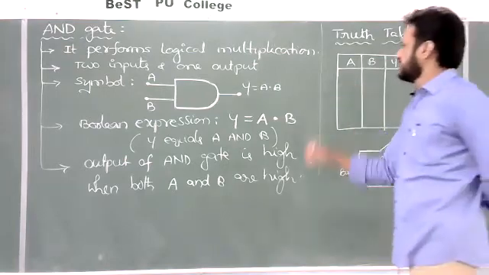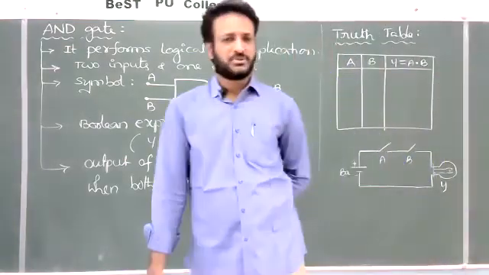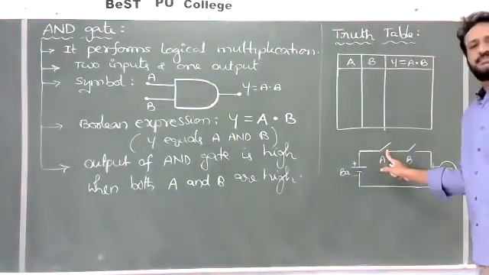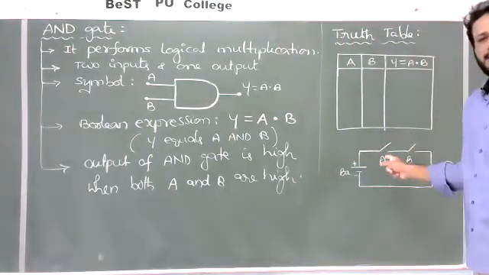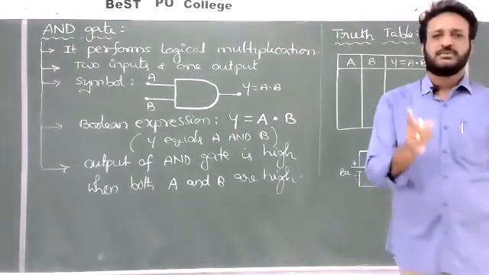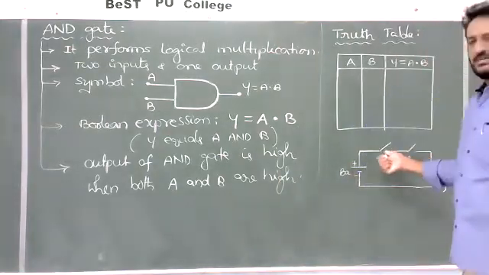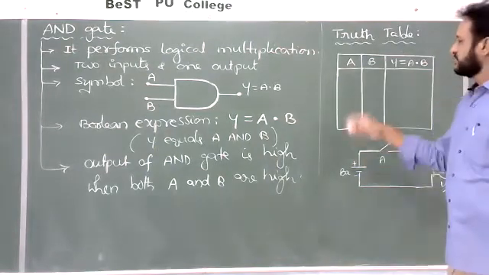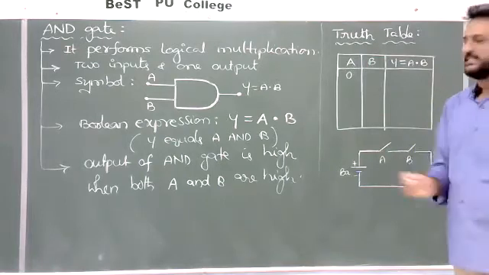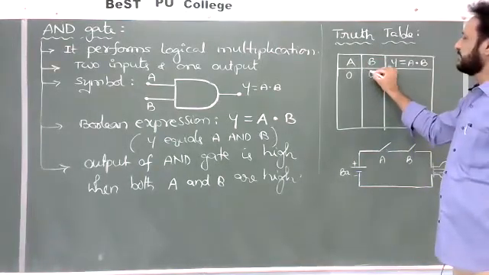So to complete this A and B truth table, first what you should take? Switch A is opened, switch B also opened. Whenever both the switches are opened, what does it mean? Opened means no current allowed by the switch A, so 0. So I'll take A is equal to off, 0. B also opened means also off condition, 0.